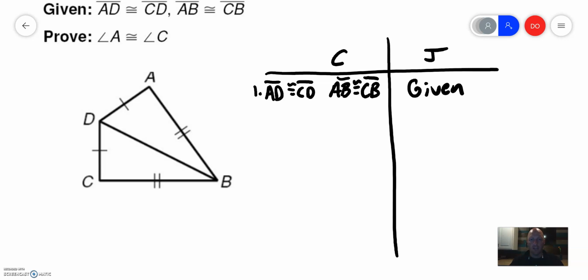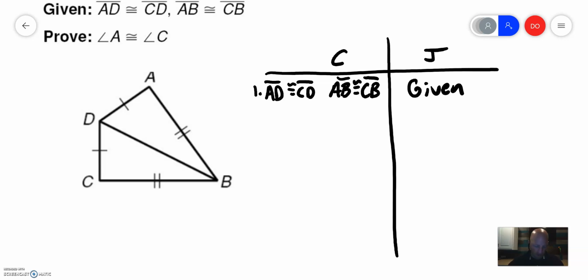Hello again, this is Geometry, Unit 4, Section 4.4. Corresponding parts of congruent triangles are congruent, or CPCTC. This is video 2 of 4. Just going to handle yet another proof where we have to prove triangles are congruent in order to prove parts